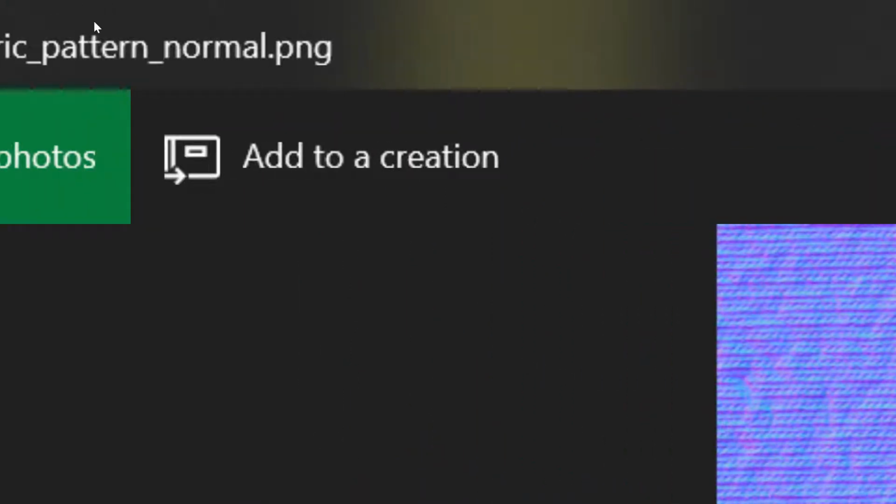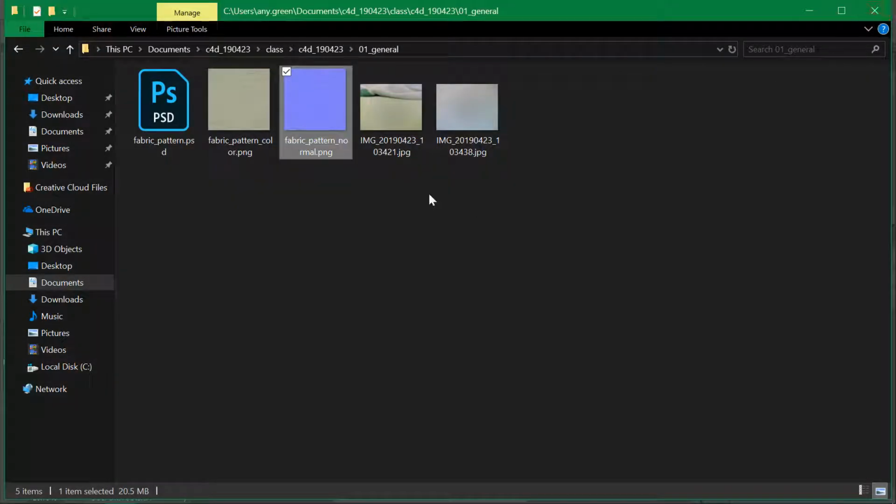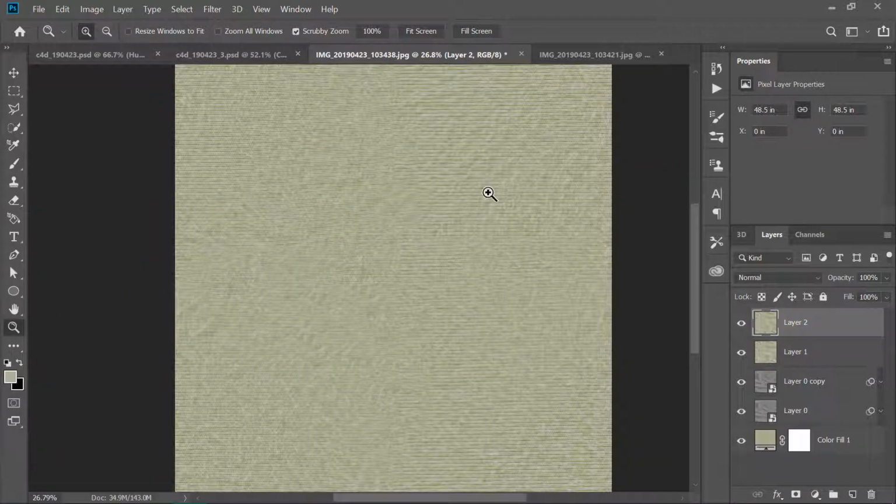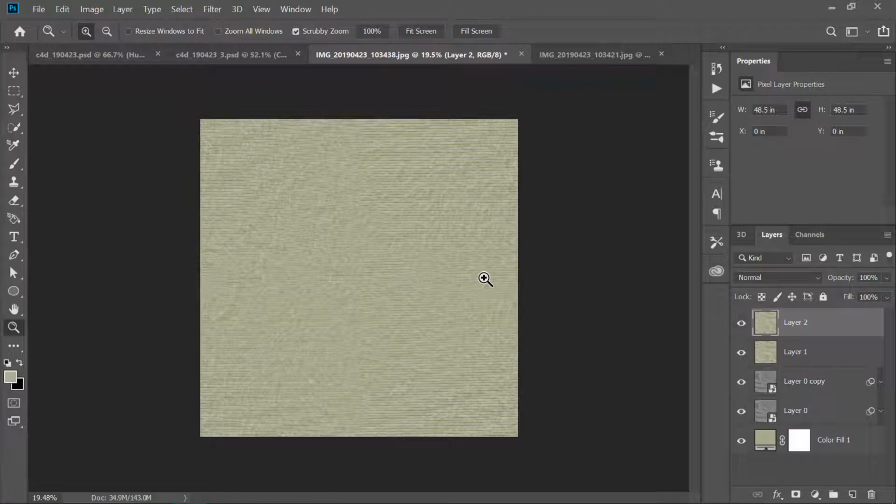Let me give you a hint. Add to normal pane. It is a normal map. So a normal map is a lot like a bump. So we've used the bump before, right? Where we just use the black and white information of an image to tell Cinema something goes out or something goes inwards. However, if we create the bump ourselves, this is a very cheap way to go because it really